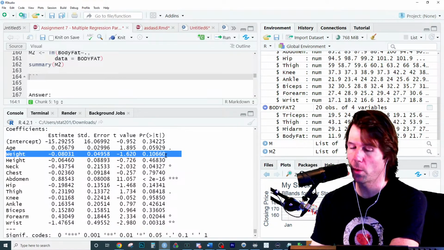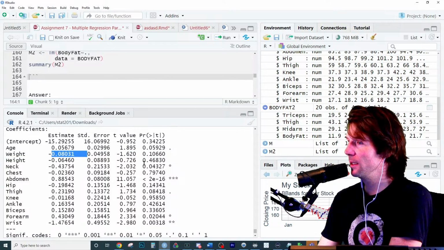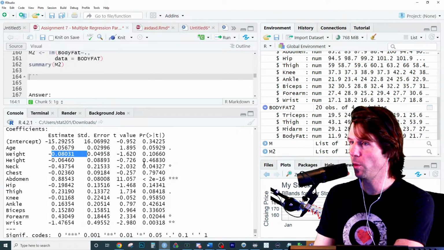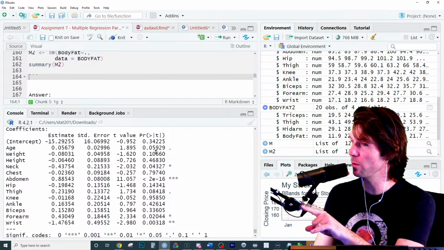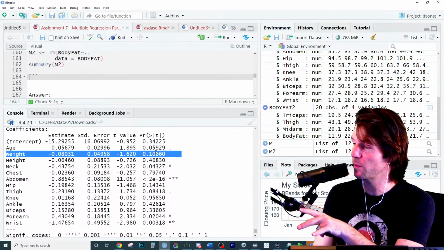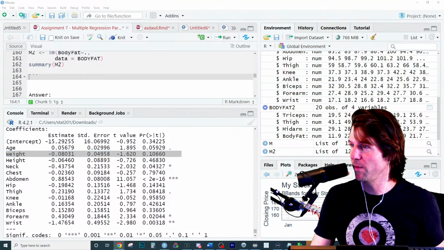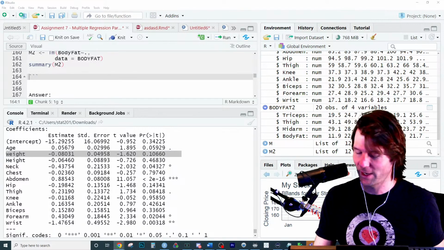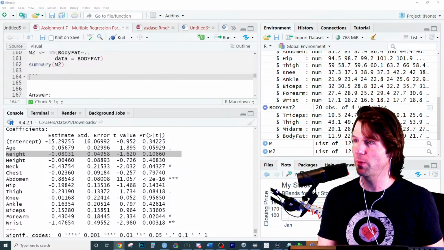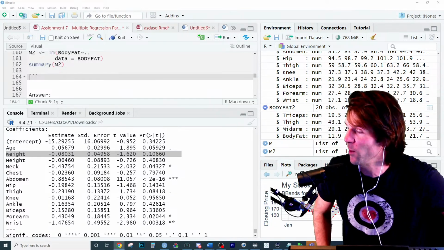All of a sudden now the coefficient, which is the estimate, is what? The coefficient of weight is now negative and also not statistically significant. So the differences might actually be... But that is the advanced interpretation for 320. If you do take 320, you're ahead of the game right here.